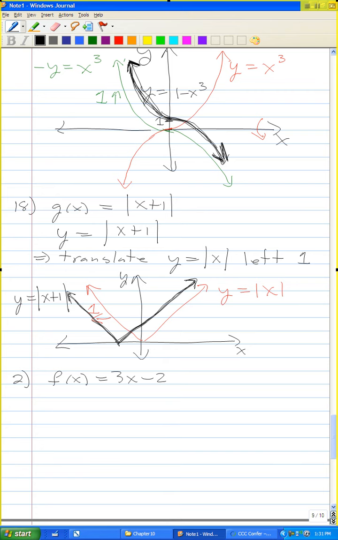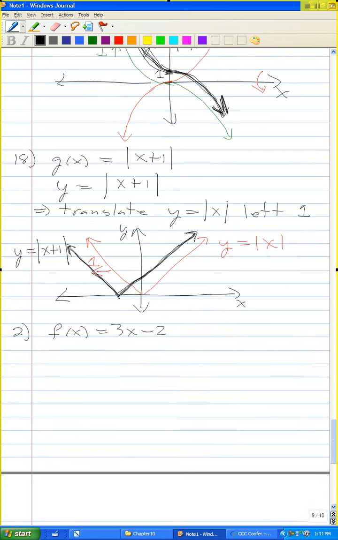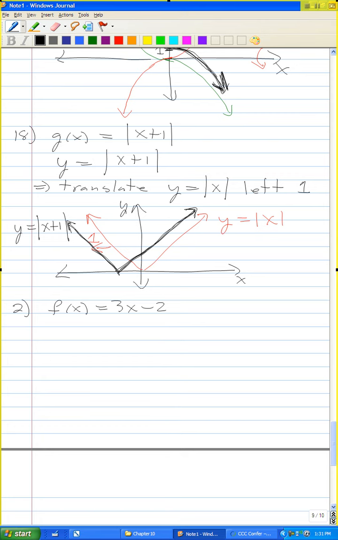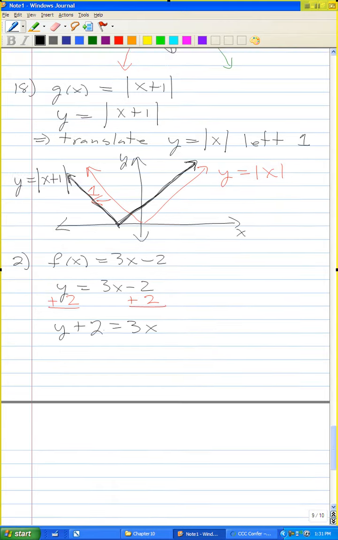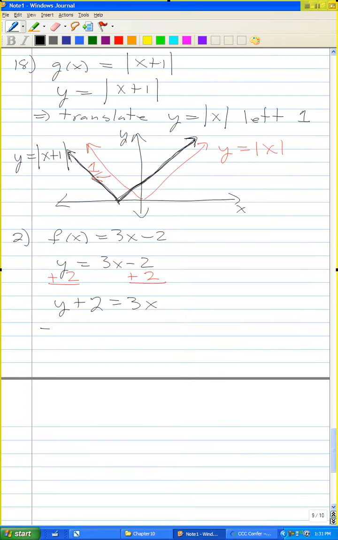the thing that we wanted. Okay, so let me do problem number 2. So let's replace f of x by y. Let me add 2 to both sides of my equation. So y plus 2 equals 3x. Okay, so the transformation here is I'm going to transform y to y plus 2. So I'm going to be translating. So it's a translation of